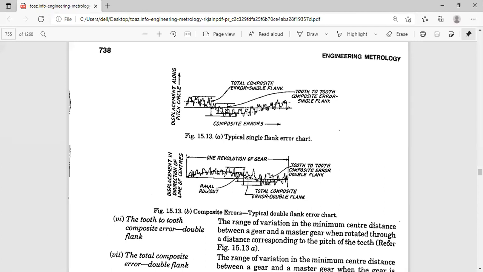I will try to see that also. Runout, what is runout actually, you should know. Runout means the eccentricity in the pitch circle. If the pitch circle is not concentric, it has some eccentricity. So what is the disadvantage of having eccentricity in the gear? You have a periodic variation in sound whenever we are using the gears in running condition. That means we are having vibrations during each revolution.